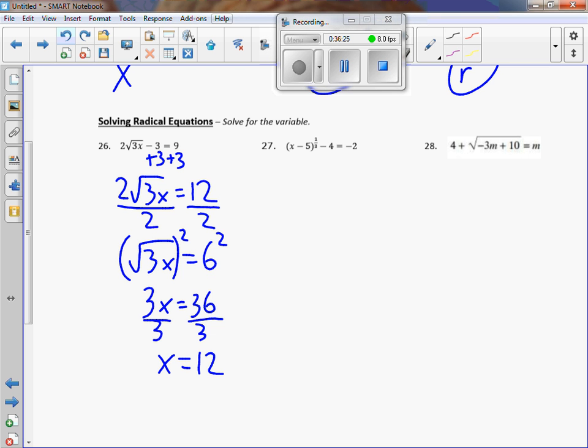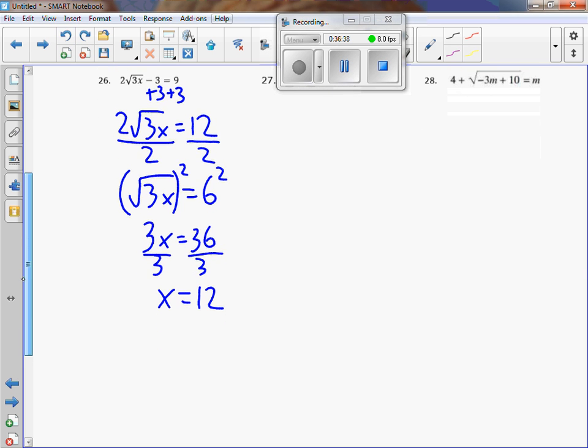Now this is only part of the problem. We've solved it, but if it's a square root, we must check it because it's possible we got a solution that doesn't exist. So in order to do that, we're going to take what we got, plug it into x. So we'll get